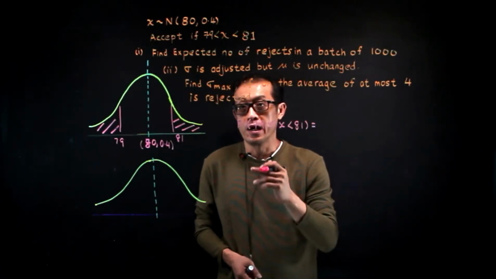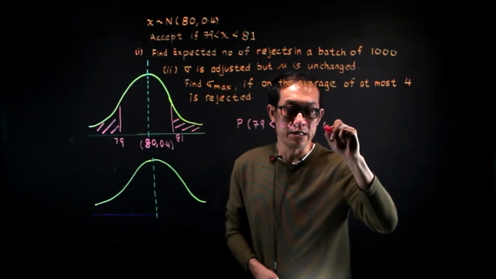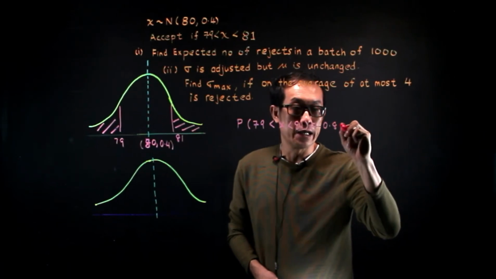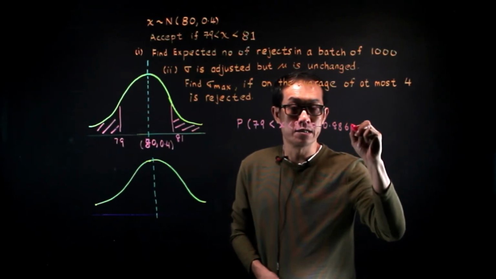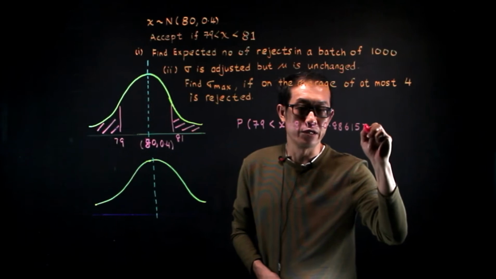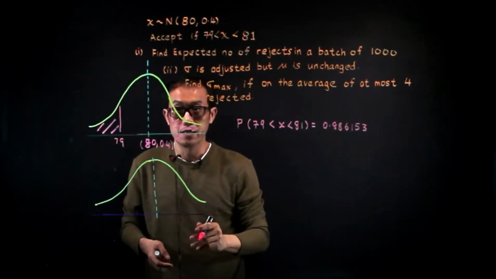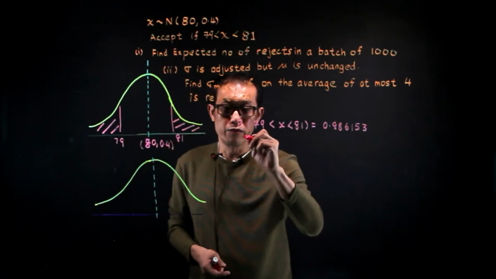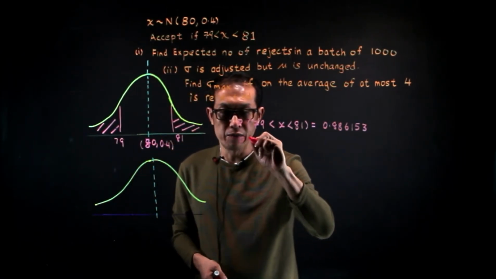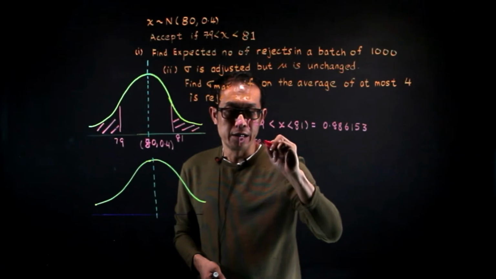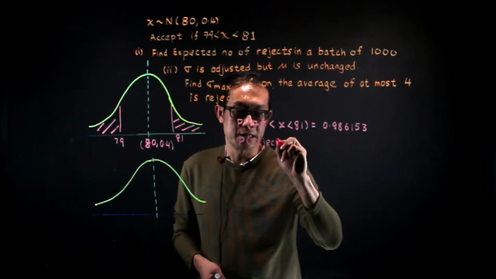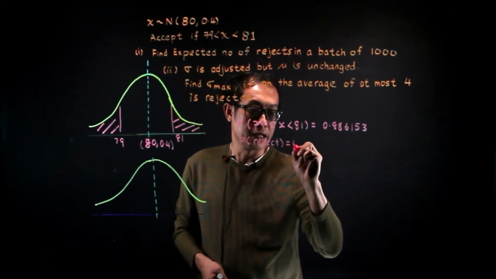And for that, you will get an answer of 0.886153. Now, this is the probability that it is being accepted. So the probability of being rejected is just 1 minus